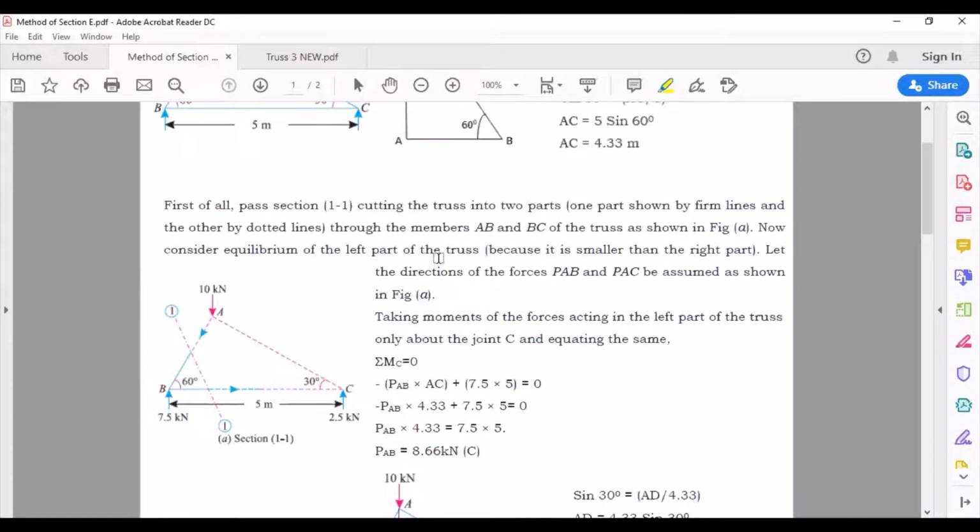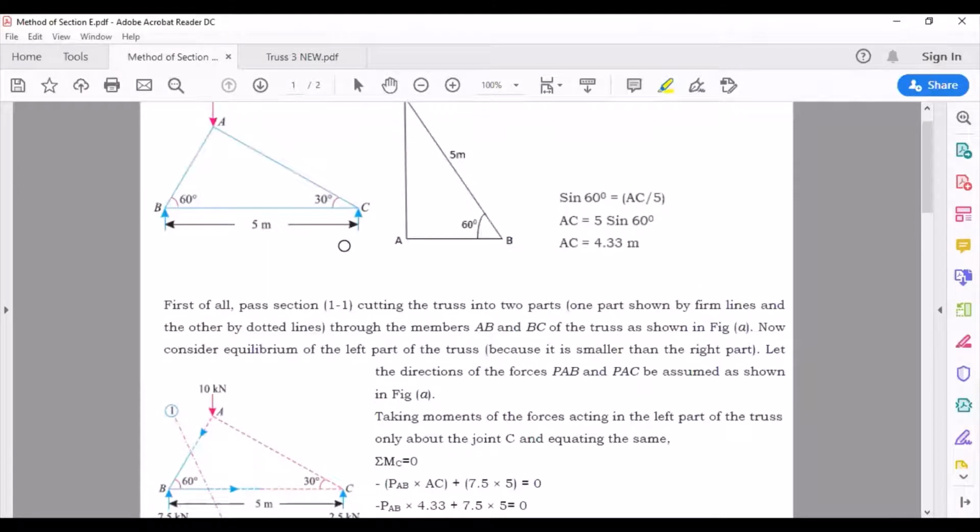Once the section is cut, next we are supposed to choose either left of it or right of it for analyzing. Now see, I'm using the left part of the section only because there are fewer forces on the left side. That is, I have only two members along with a point force which is 7.5. Now this 7.5 and 2.5